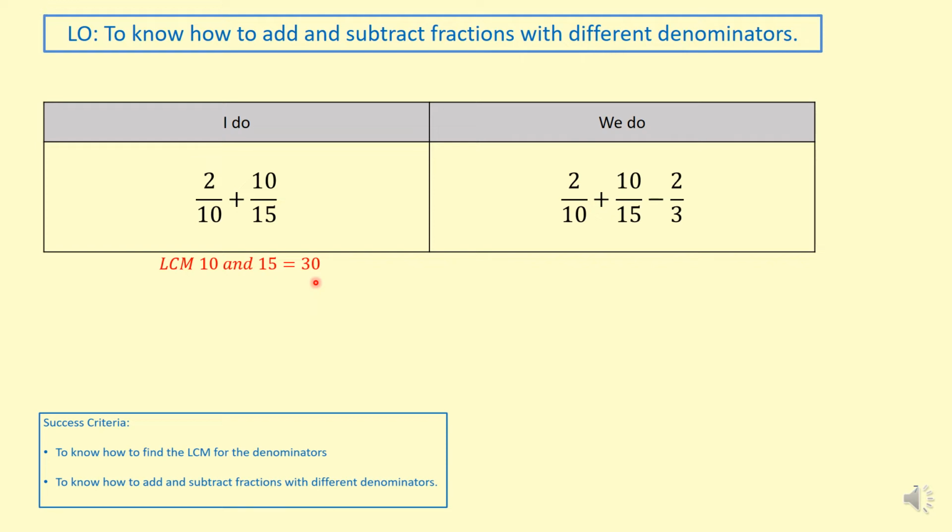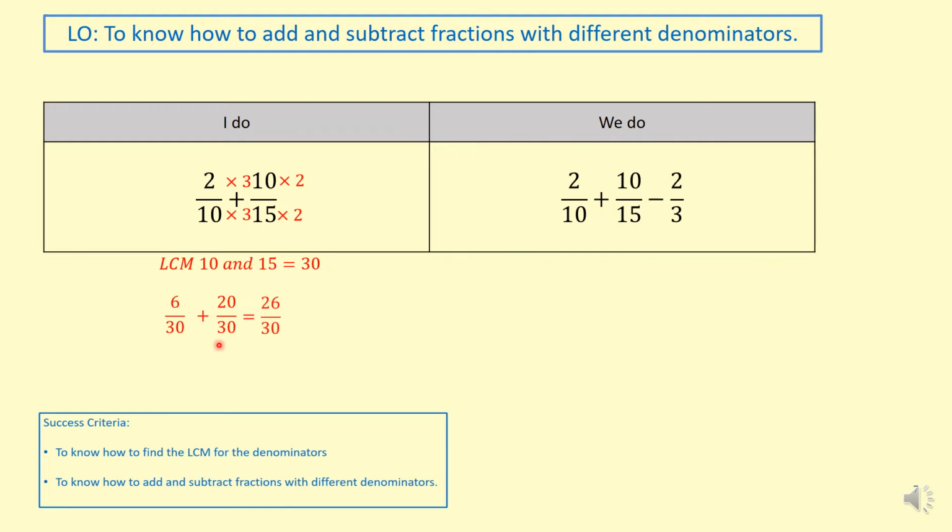If you got 60 or something else, it means you didn't find the lowest one. Okay, now what number do I need to times 10 by to get to 30? 3. I do the same things at the top. What number do I need to times 15 by to get to 30? 2. I do the same things at the top. Now I need to write the equivalent fraction, so I get 6 over 30 for the first one, then add 20 over 30 for the second one. Now I end up with the same denominator. What I'm going to do, write one of the denominators and add at the top, so I end up with 26 over